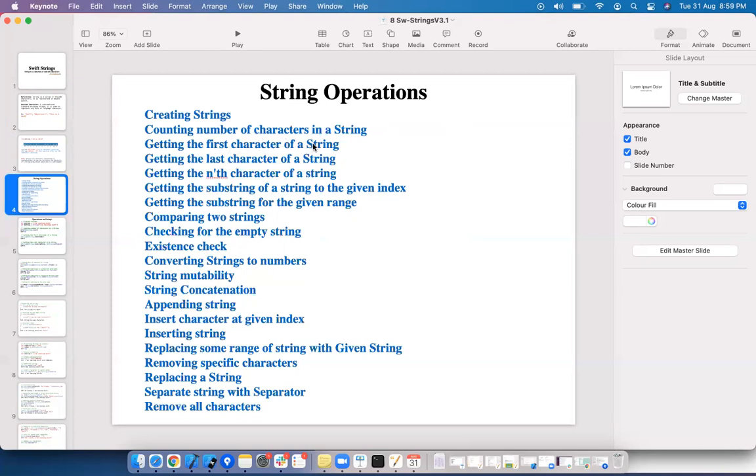We can get the first character of a string, last character of a string, or 10th character of a string, getting substring of a given index, getting substring of a given range, comparing two strings, checking if the string is valid or not, checking if the string is empty or not, converting string into numbers, string immutability, string addition, that is combining two strings, appending, inserting. These are the various methods we can perform on the string.